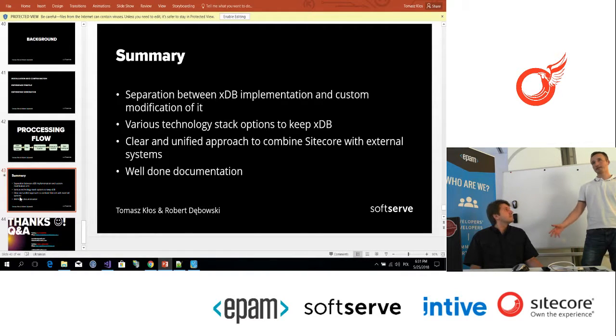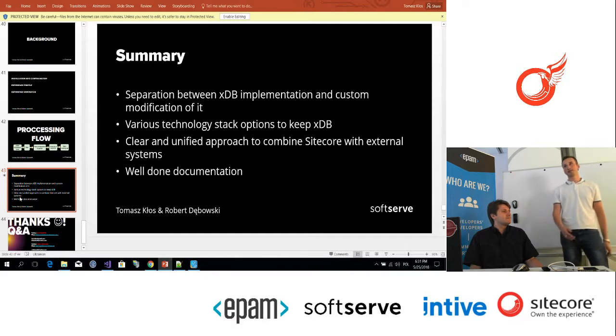For instance, Tomasz currently has this application, and in some days the new support for another implementation of the XDB will appear, and his code is still available for the new approach, right? So we've got really cool stuff, in my opinion.